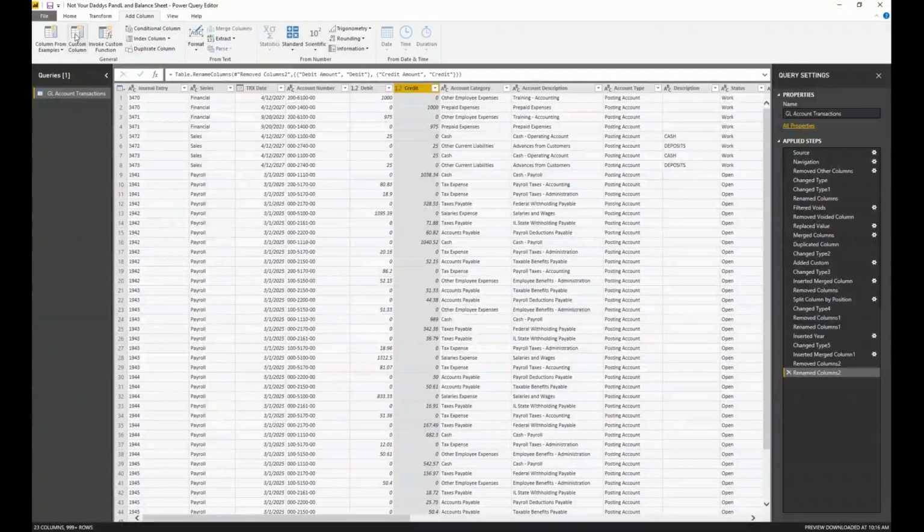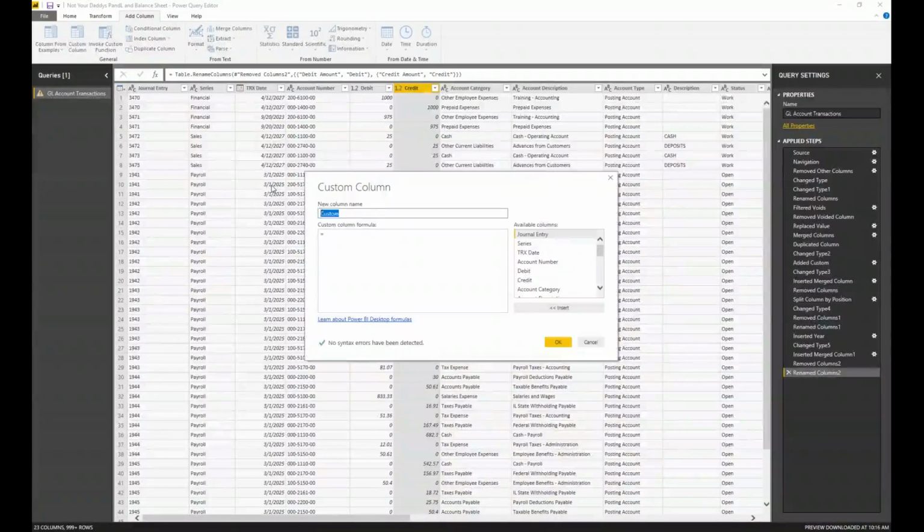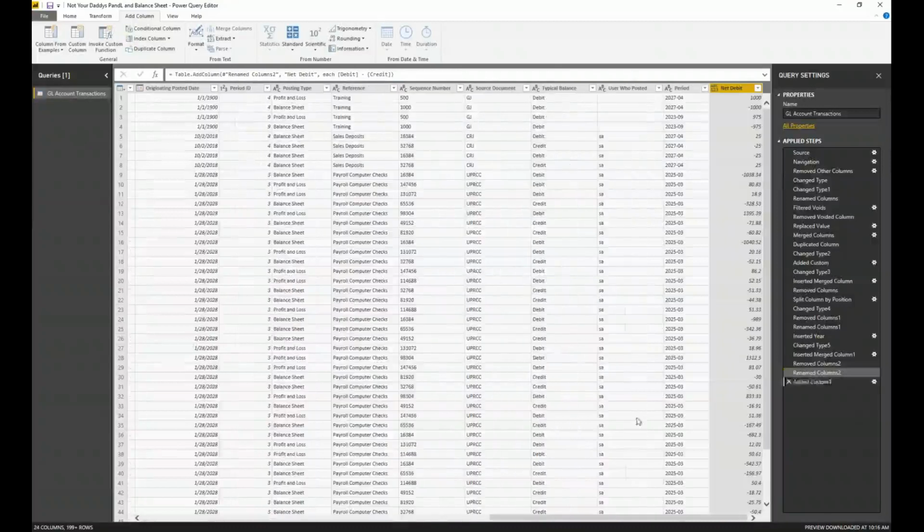So under Add Column, I'm going to do another custom column, and I'm going to call this one Net Debit. This is the other kind of custom column I really never have a problem doing. I just realized I did my period column wrong when I was getting all wishy-washy, but that's okay. You'll get another idea of what I was going to do in a moment. On Net Debit, I'm going to do my debit minus my credit, and I have no syntax error. So simple math works just fine.